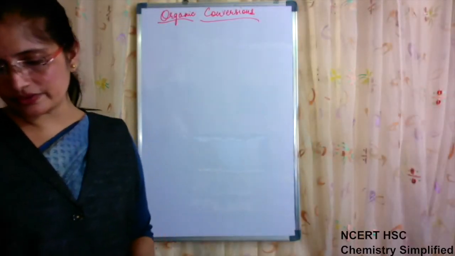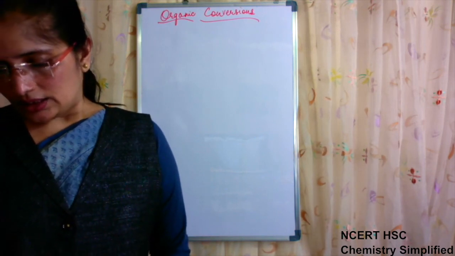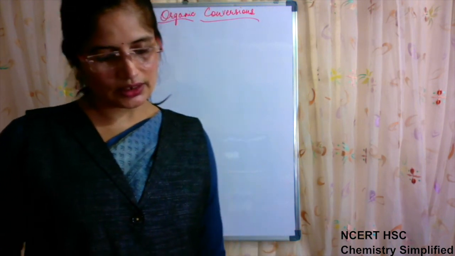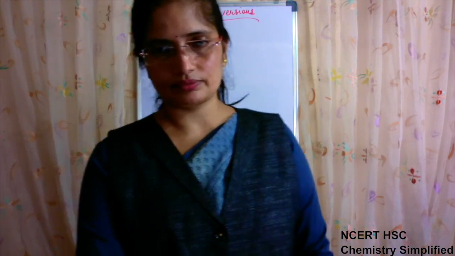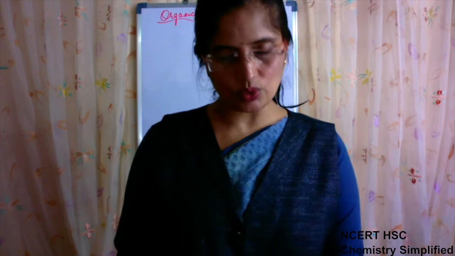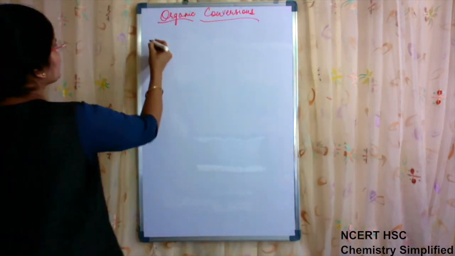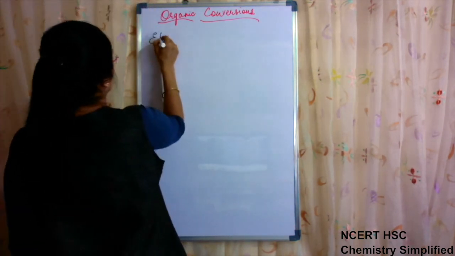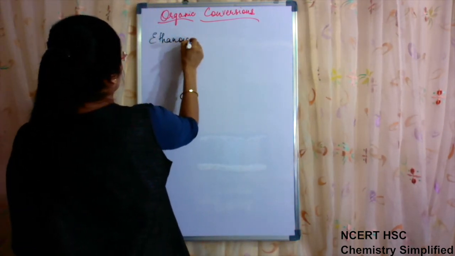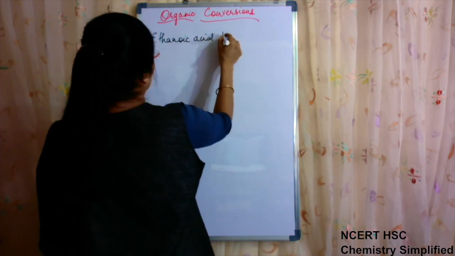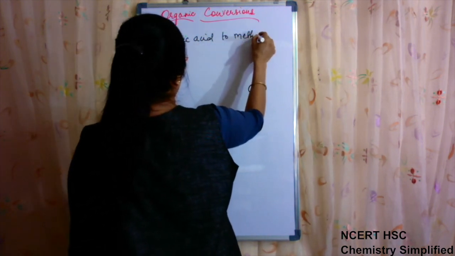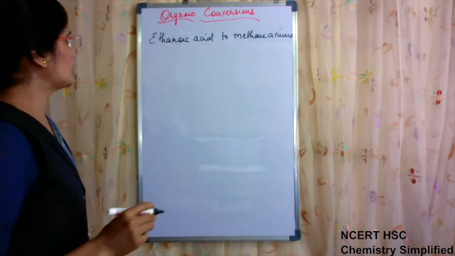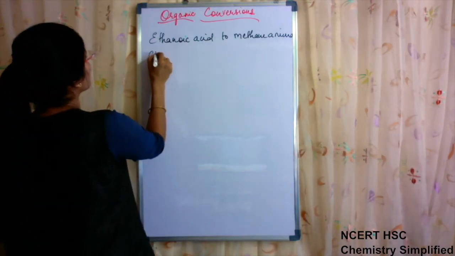Okay, so we start with the first conversion. How will you convert the following compounds? Ethanoic acid into methanamine. Ethanoic acid to methanamine. Now, ethanoic acid, first write the formula, that is